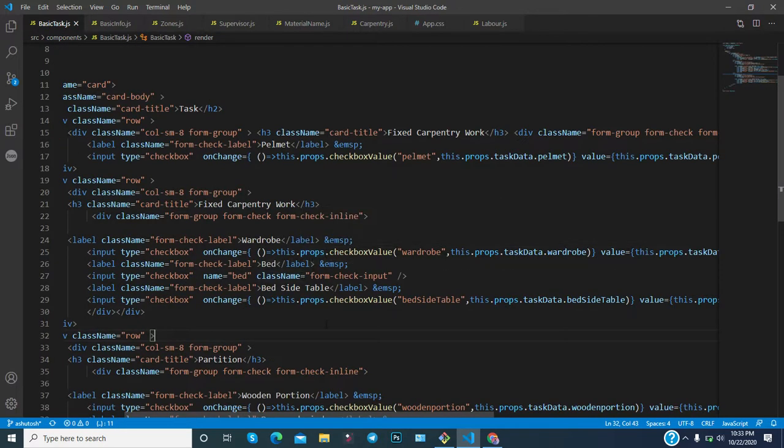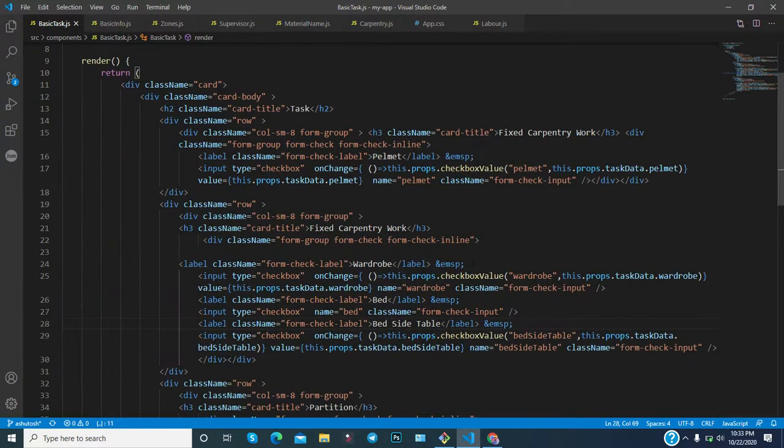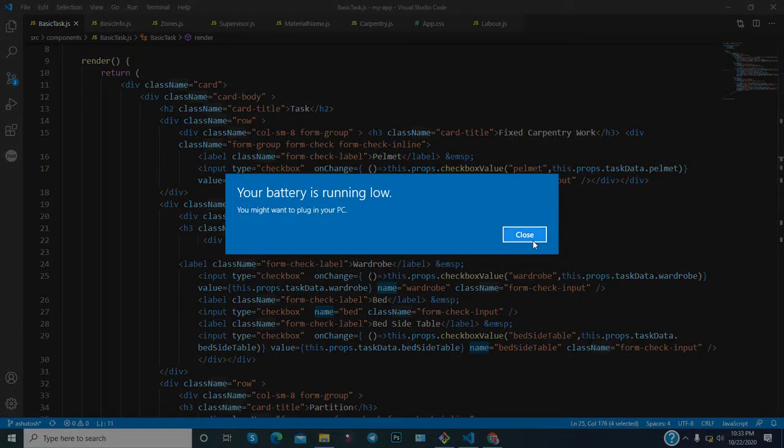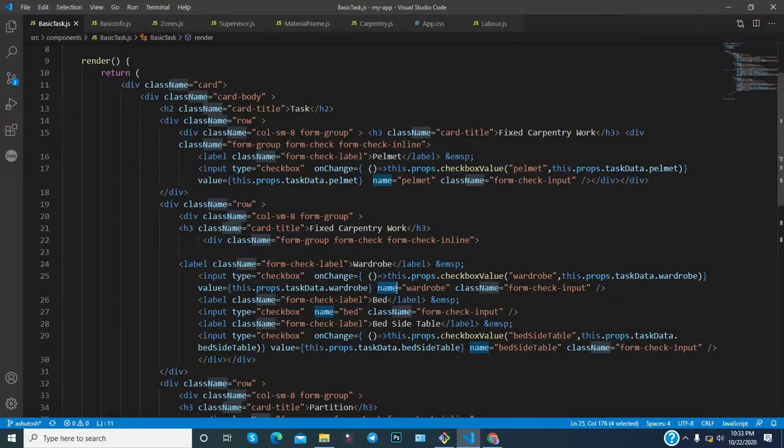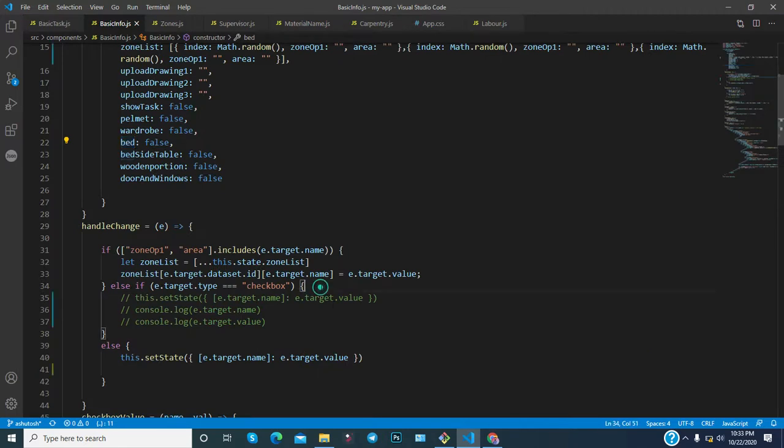As you can see, this name is the same as a variable of the state object. So it is the same, but still you will not be able to get all these things.